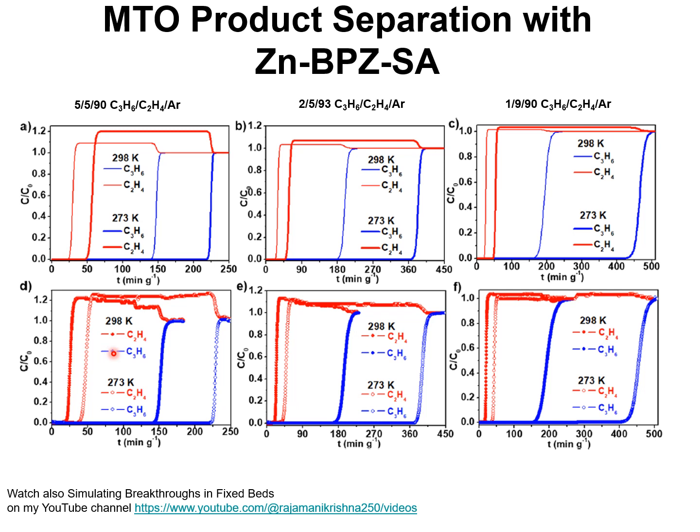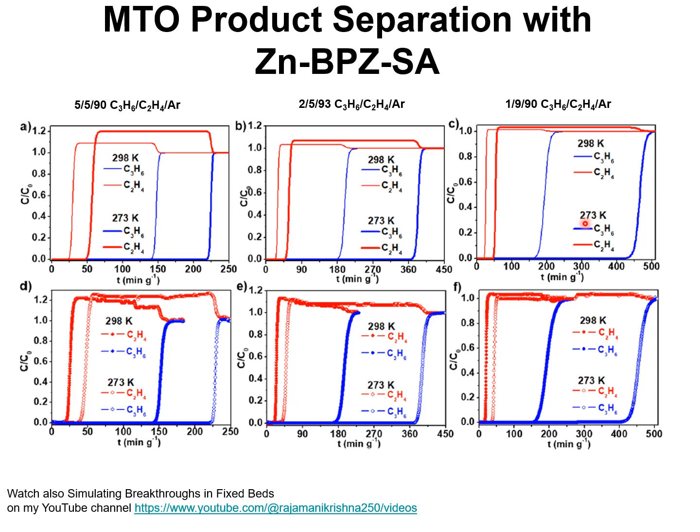The experimental data at two different temperatures, 273 Kelvin and 298 Kelvin are shown in the bottom for these three mixtures, and the corresponding transient breakthrough simulations are shown